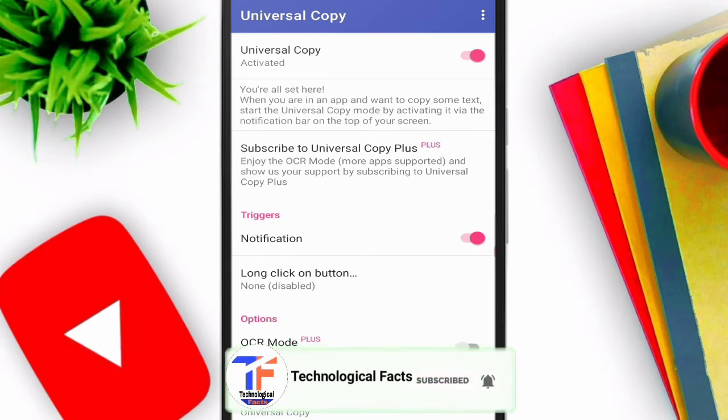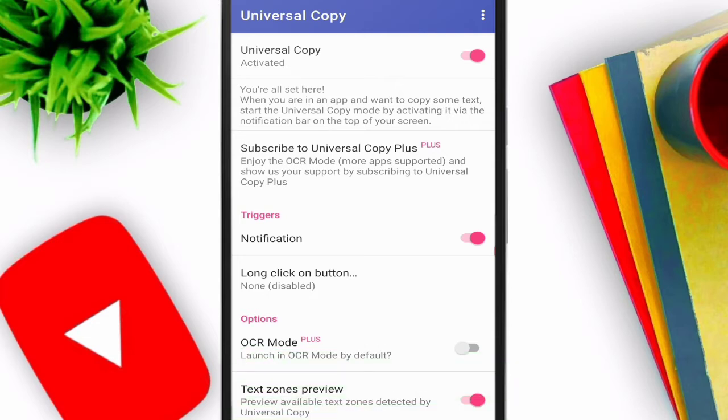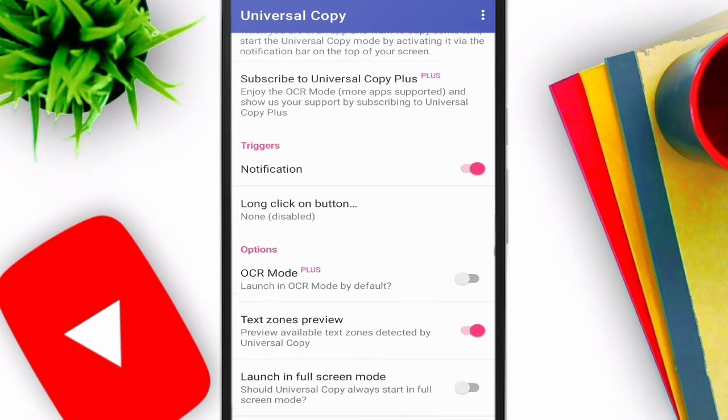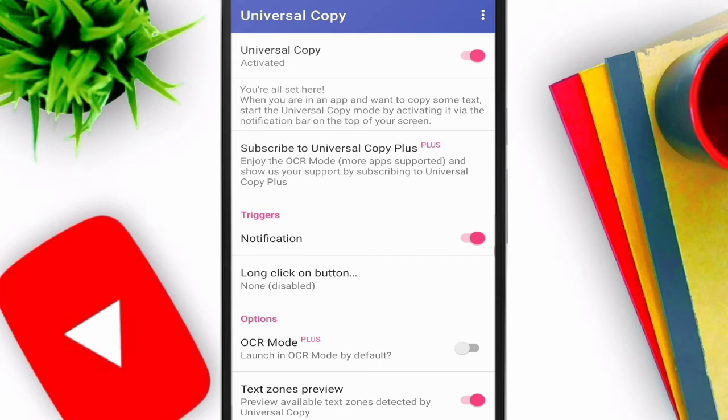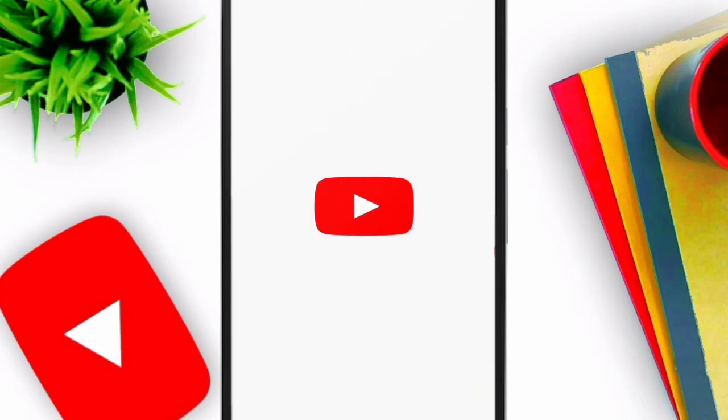Now your 50% of the work is completed, and now you can copy any text from any application or from any website. And as I have already told you that we cannot copy the text from the description box of YouTube, and if you need any information or links from there, then we cannot copy it. And if I need any NCS music and if I need to copy any credit from the description box, rather than going to Chrome and doing a lot of stuff there, simply I'll go to YouTube and search for NCS music as usual,